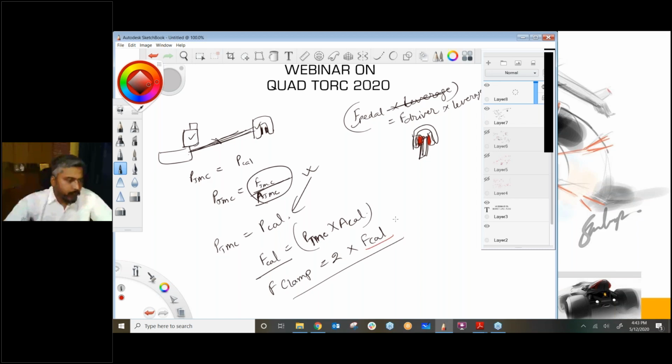But now this is iteration 1. It is not necessary that this particular iteration will be working for you. So considering the efficiency of the brakes to be like 80% or 90%, you need to design your brakes for the vehicle. So first of all, what will you do? You will ask your driver to apply the force on the weighing scale as if he is driving the quad and he is pushing the brake pedal as per the actual case. Now you got the pedal force.